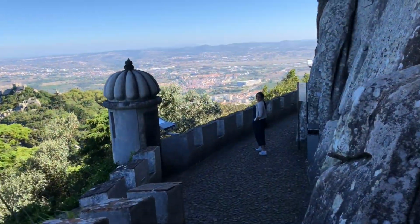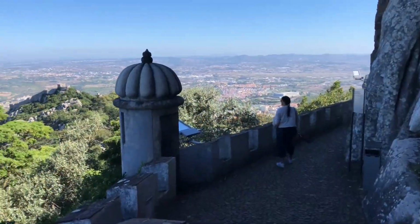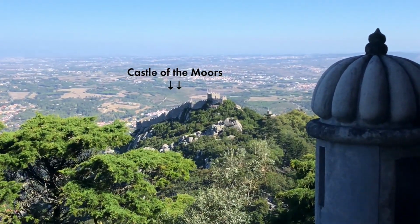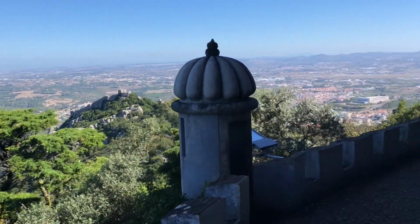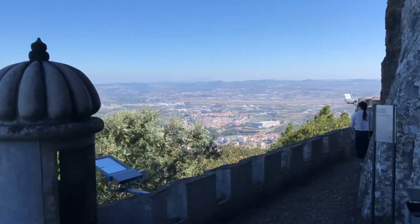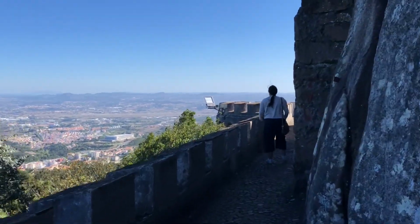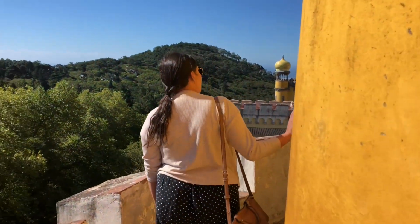From the Palace you can see the Moors Castle over there. We chose just to come here and see it from here because we felt that it had a better visual effect from afar than just from the castle. But